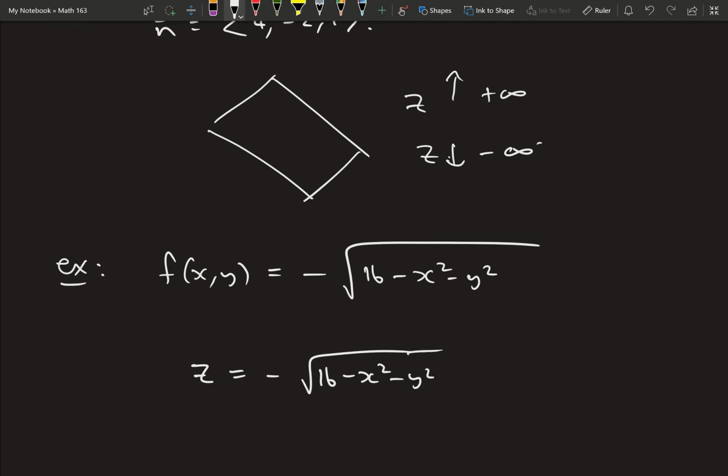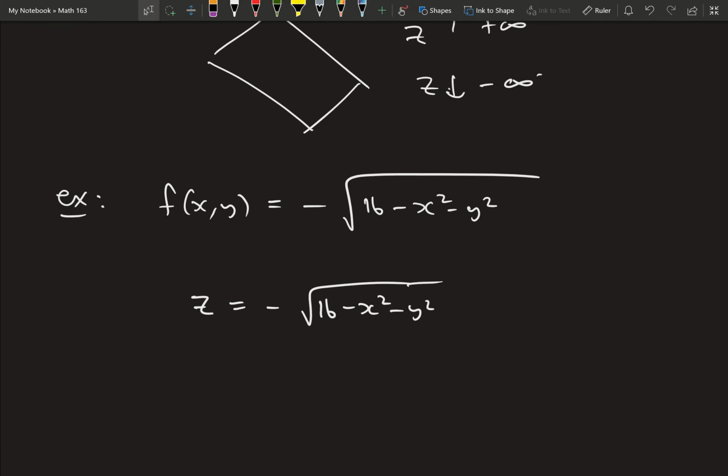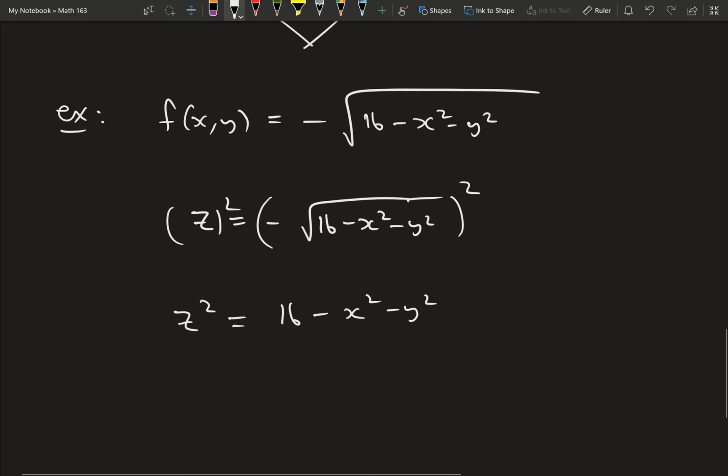Now it's possible you can stare at that and immediately figure out what it is, but in case it doesn't immediately strike you, one thing you can do is square both sides to get into a form which is a little bit more recognizable. And so what you end up with is x squared plus y squared plus z squared is equal to 16. So this must be part of a sphere,